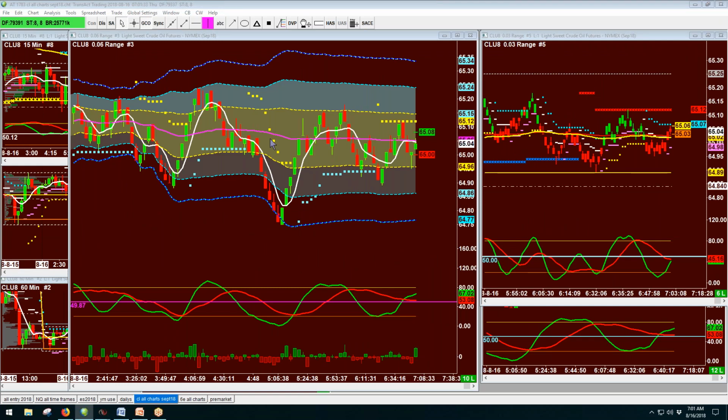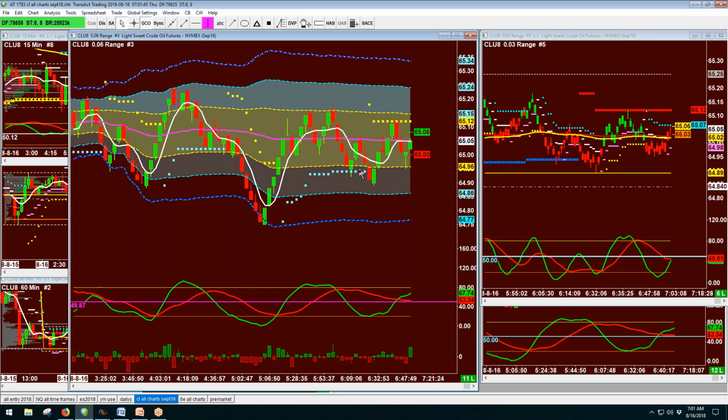Okay, so this is CL on a 6-range chart, and this is a market profile chart with the value areas. But right here is the same area that we were just looking at on the 1-minute chart. So I don't have the close marked on here, but you can see it. This is the area, and if you look at price, we have lower lows on price, while we have higher lows on my stochastic. And I just like divergence. You guys don't have to use divergence. But in looking at the delta down here,